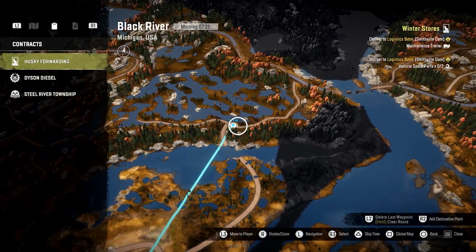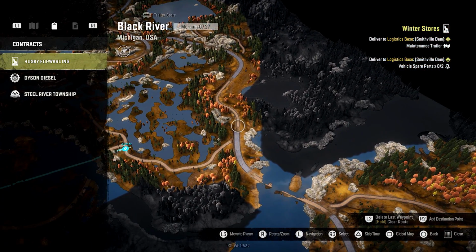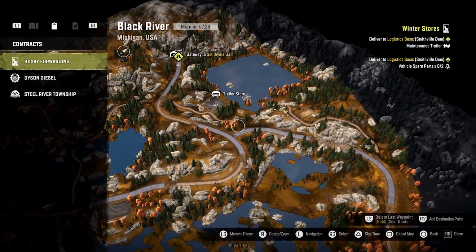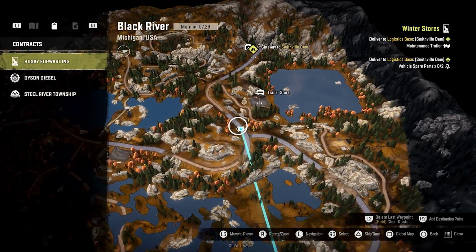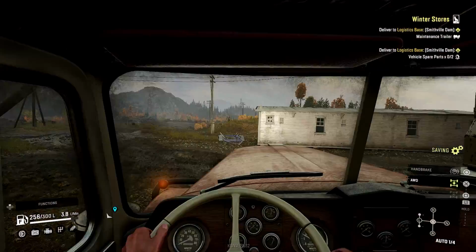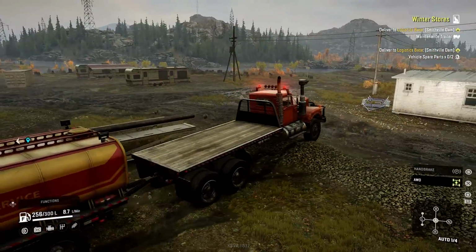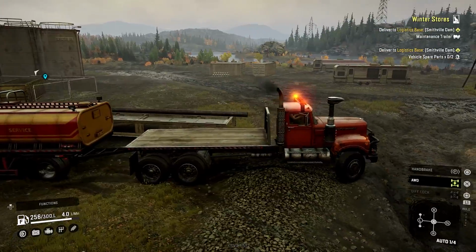So we're gonna put a marker on that road and a marker on this road, and we're gonna add one more marker right here and just a straight shot to Smithville Dam. Perfect. Okay, so where are we headed? We're gonna make a left,